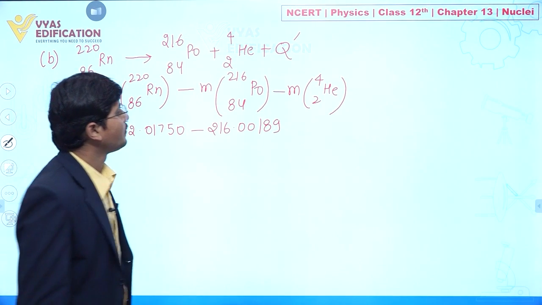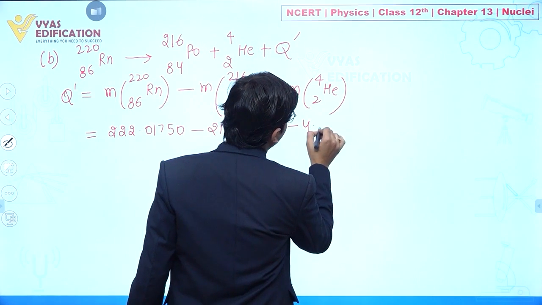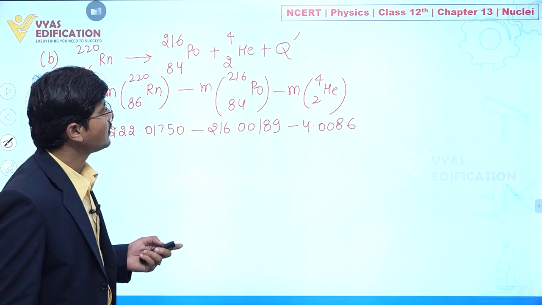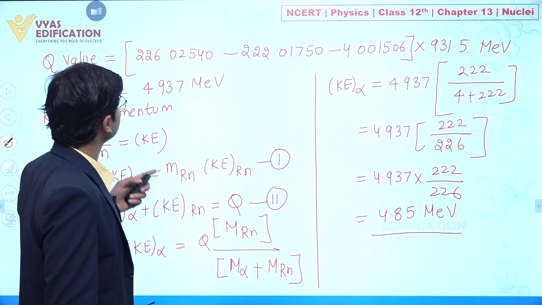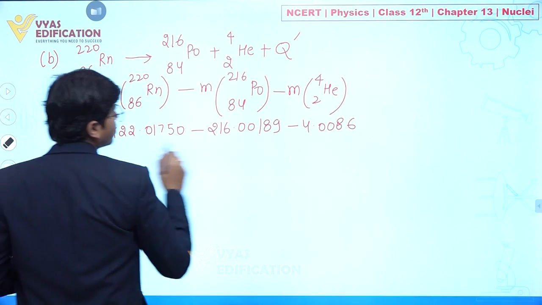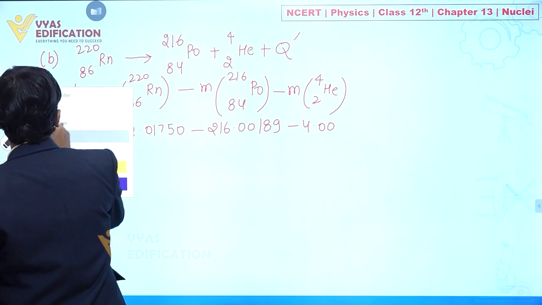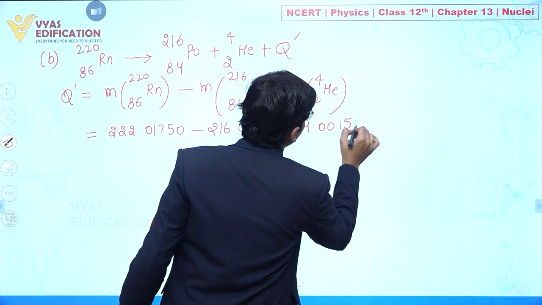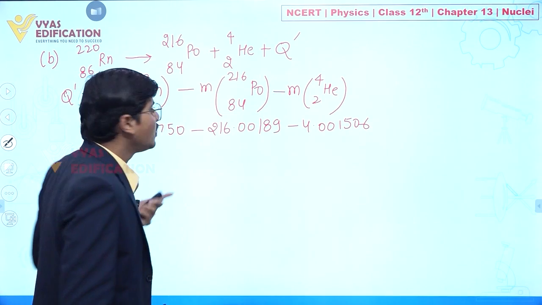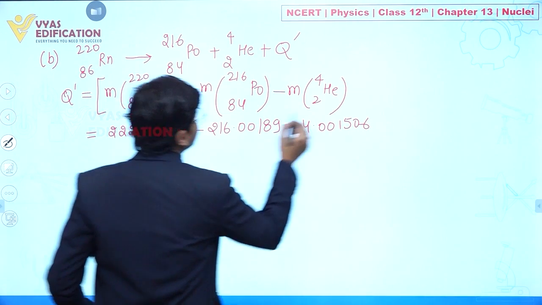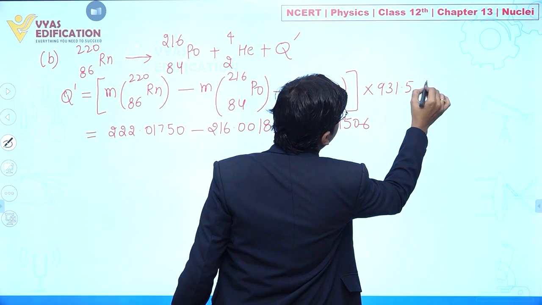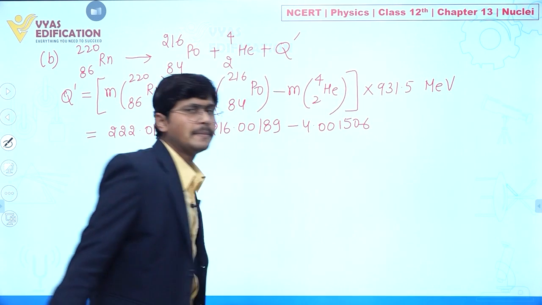Now we are also subtracting 4.0086, for example, clear. Definitely we know this one, that is 4.001506, so I am writing 1506, clear. Now the important part: we are talking about the Q value, and this is only the mass defect, clear. So definitely we will multiply it with 931.5 and we will get our answer in million electron